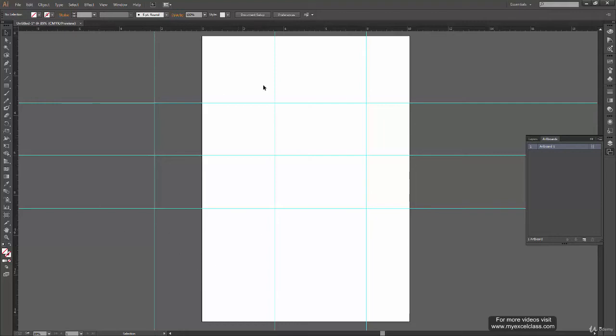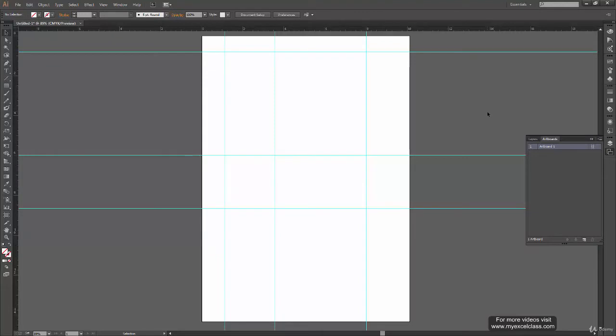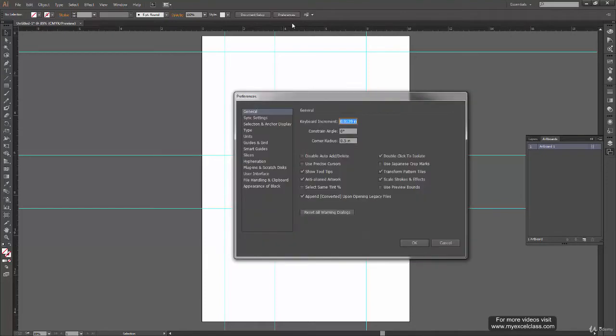Now let's say you have all your guides lined up in here, but you want to move this guide and bring it inside the artboard. To move any guide, you can just click on that guide and move your mouse and then release to reposition it. It is as simple as that. You can just click on any guide, horizontal or vertical, and then move your mouse around and then release to reposition it. Let me quickly change the guide's color so that it is more visible to you guys.